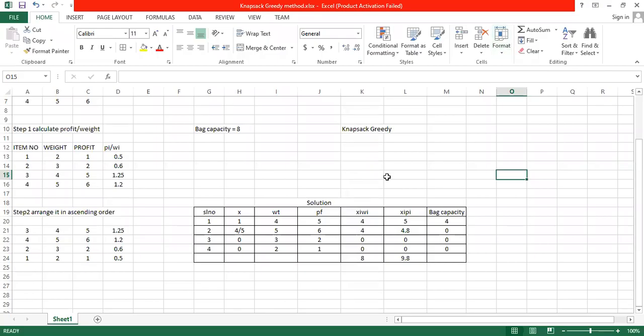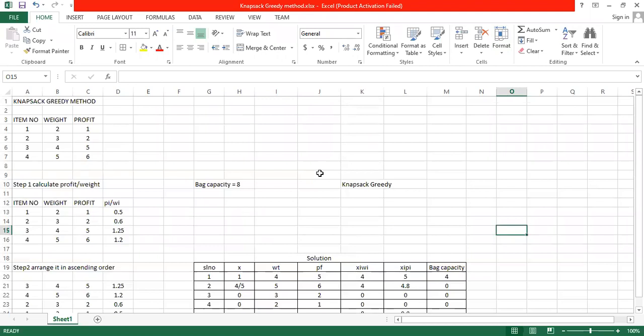Hello students, now I will teach you the next program, that is knapsack greedy method. So here in program number 6 there are two programs. One is knapsack greedy method and one more is knapsack 01 problem using dynamic programming. As you know, in greedy method we are considering fractions of the items also, and in knapsack 01 dynamic programming method we are not going to consider the fractions. So coming to the first method, we will see the greedy method now. Afterwards, I will teach you the dynamic programming method.